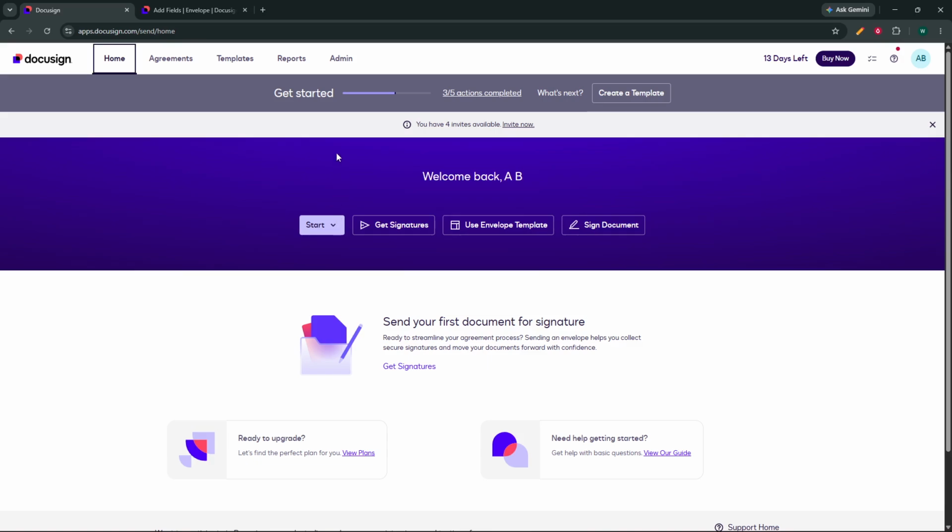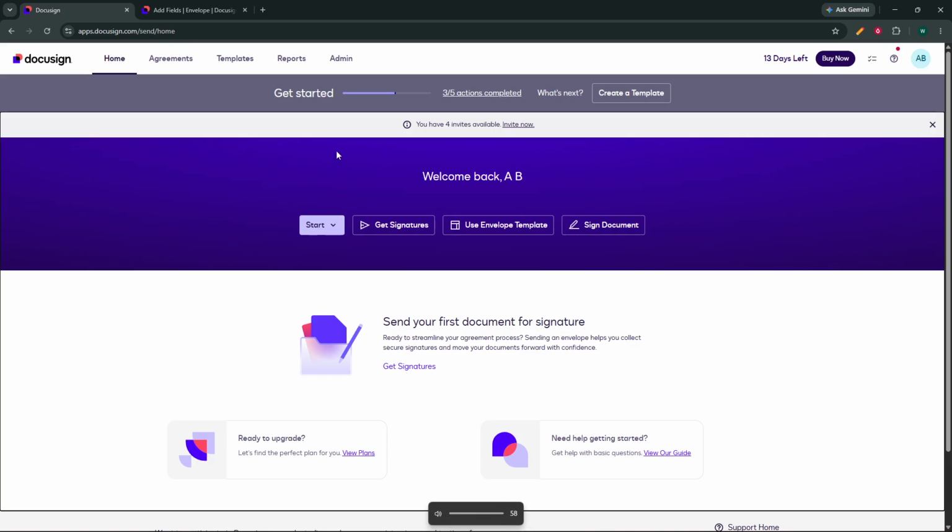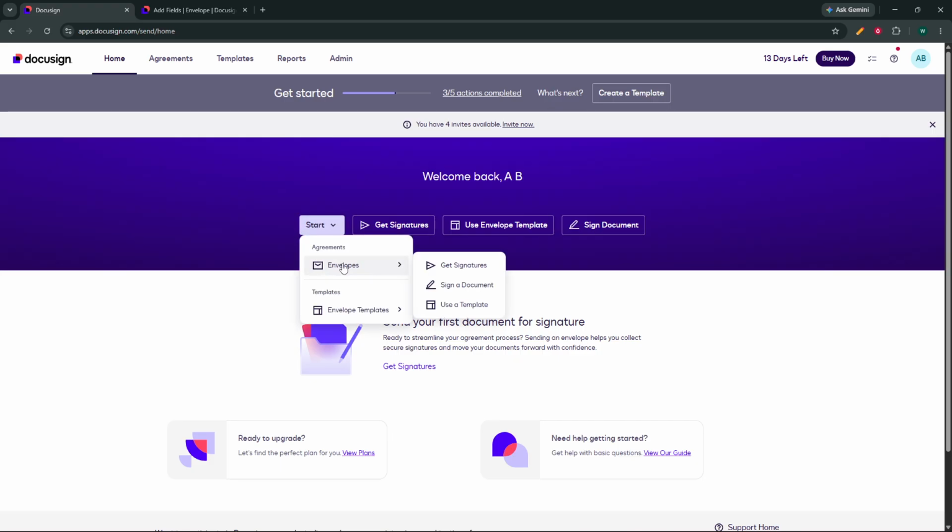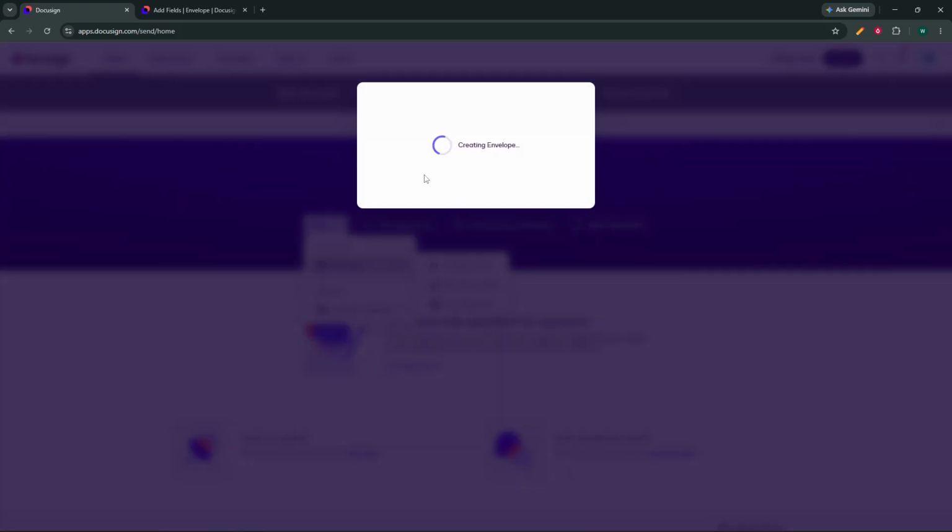In today's video, I'm going to teach you how to set up conditional logic in DocuSign. To get started, log into DocuSign and click Start. From there, choose Envelope, then select Get Signatures. This takes you into the standard sending workflow, where you can prepare a document for a signer and add the